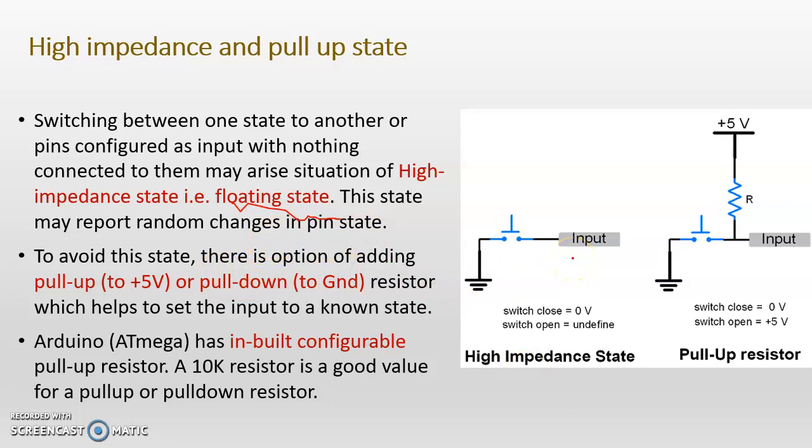Look at this figure. So what happened? This is the input from the Arduino pin. There is an Arduino, and one of its pins is connected through a switch to ground. When this Arduino pin is set as an input, as it is digital, it will read either 0 or high, that is 5 volt. Whenever the switch is pressed, the switch is closed, it will send 0 volt to this pin. As the pin is connected to ground, a 0 value will be sent to the input pin.